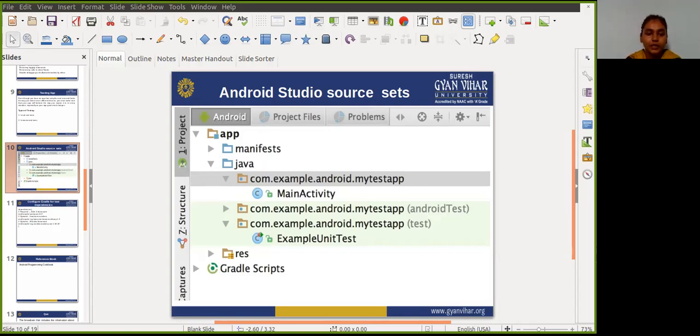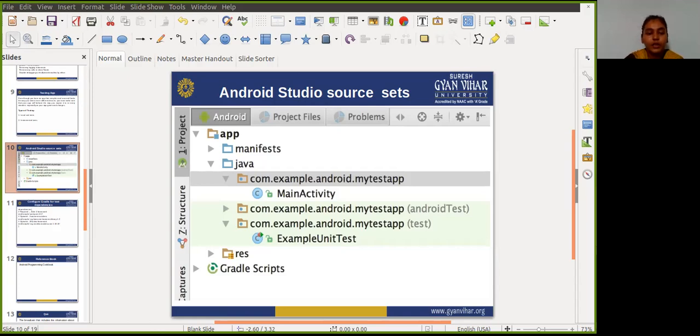Setting up testing: to prepare your project for testing in Android Studio, you need to first organize your tests in the source set, and then configure your project's Gradle dependencies, including the testing support library API.